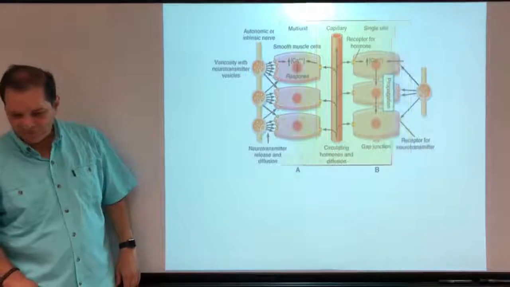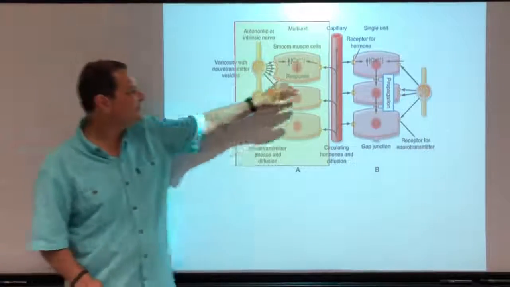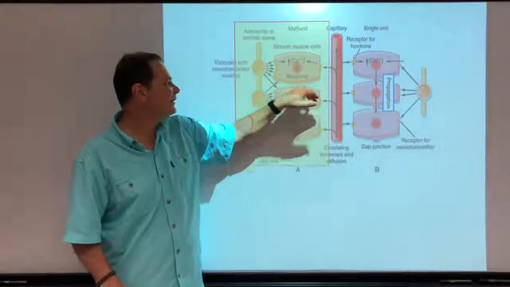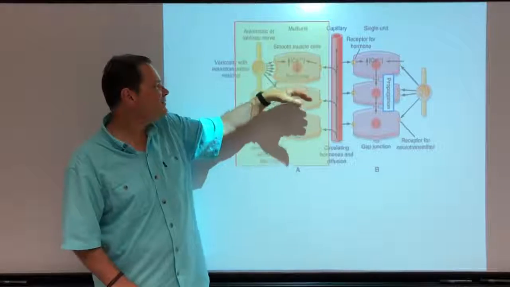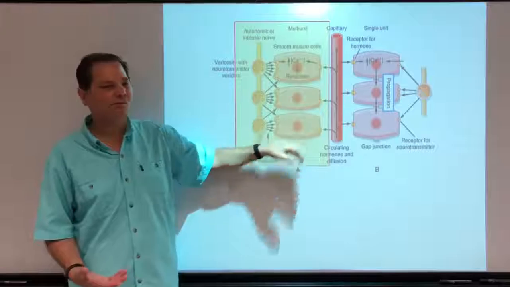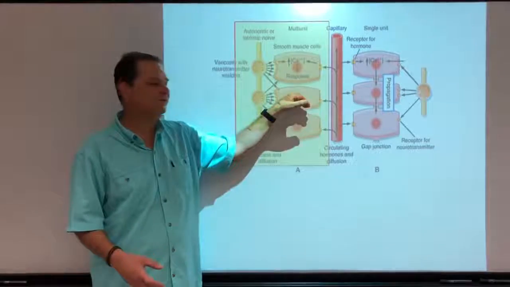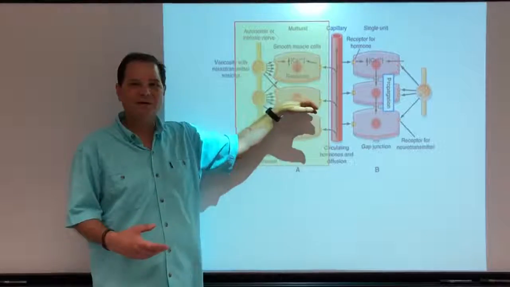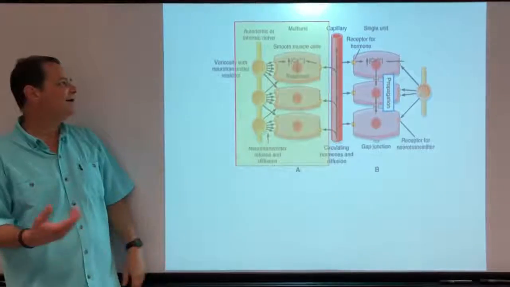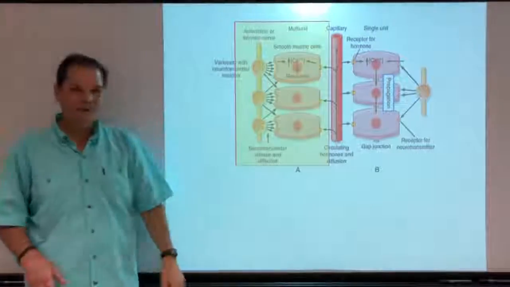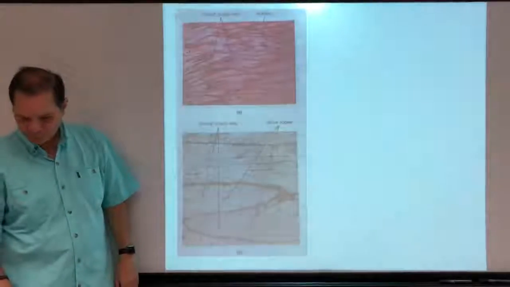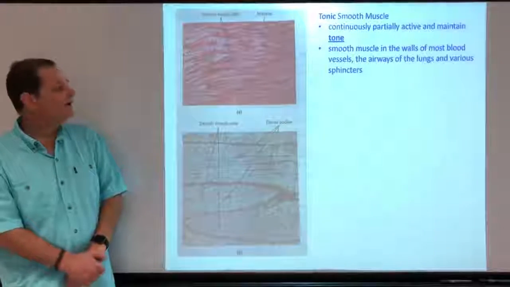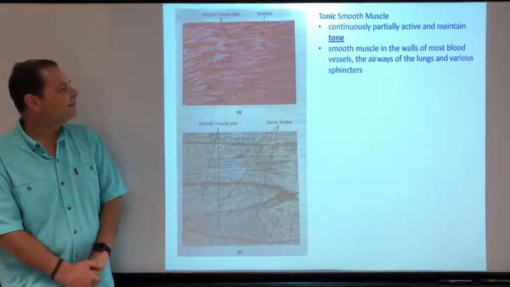On the other hand, you have multi-unit here. You can see these don't have those connections. They don't have the gap junctions. So each one of these acts as an individual unit that reacts independent of the one next to it. So this would be the ideal multi-unit scenario, okay? All right. Another way of